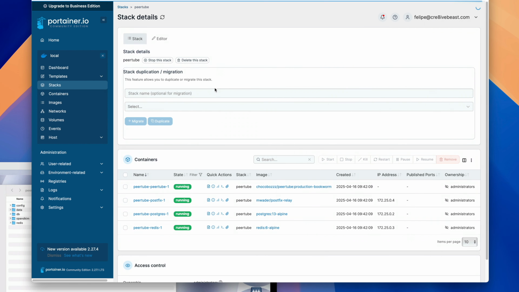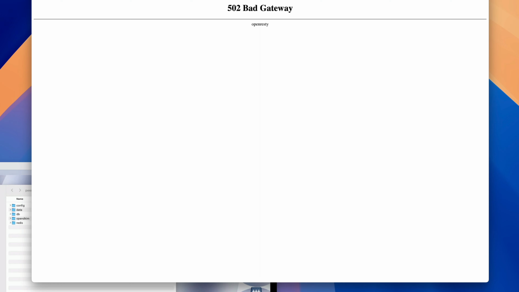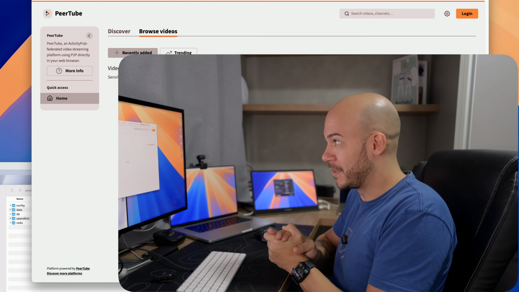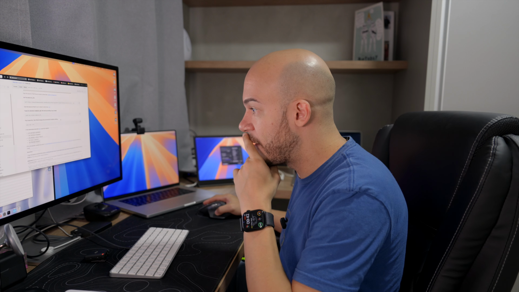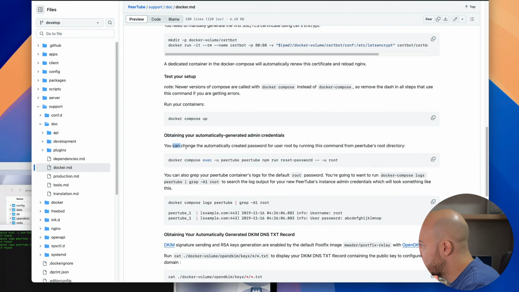So it's now running and I can try to go to video.bias.app. All right, nothing yet. Now I reload again. There it is. Peertube is installed and running. There are a few other things that you need to do. You need to get your admin password. Obtaining your automatically generated admin credentials, you can change the automatically generated password for user root by running this command